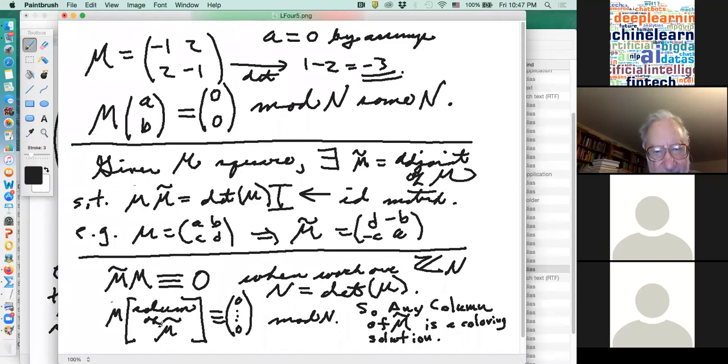And that gives me a collection of color solutions for my knot. Very easy in the case of the trefoil, no problem. But if you have a large knot, you see that this is a simple linear algebra problem to do. You need on your computer to set up the matrix M, to find its determinant and find its adjoint, and of course, on a computer,